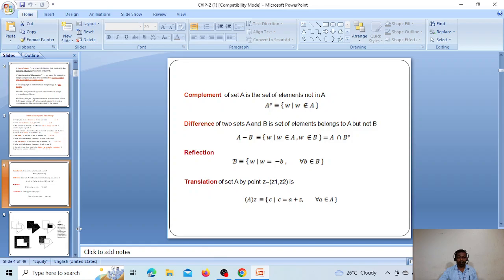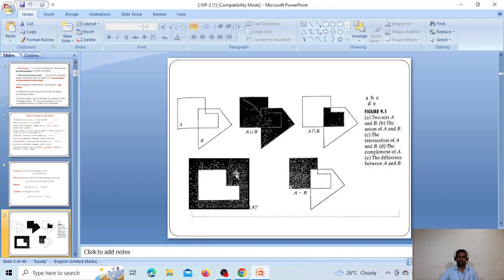So now we can see some examples of morphological image processing. We can take two sets, A and B. We can call them two structural elements. Suppose you want to calculate A union B. So this is in total A union B, so the black is filled with A union B. Then A intersection B is this part. So this part we can treat as A intersection B.